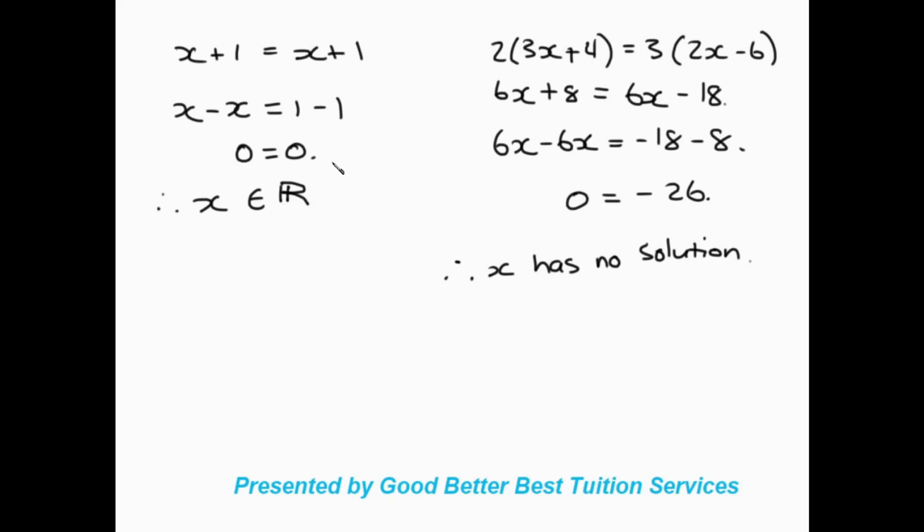There are two of them, where we get 0 is equal to 0, or we get 0 is equal to a number, where x cancelled itself out before we got to the final answer. So the first one here, where 0 is equal to 0, x is an element of all real numbers, we write it like this. And then on the right hand side, where we get x cancelling itself out, x has no